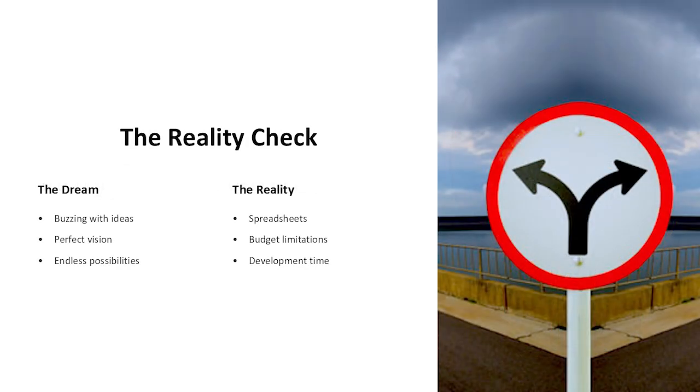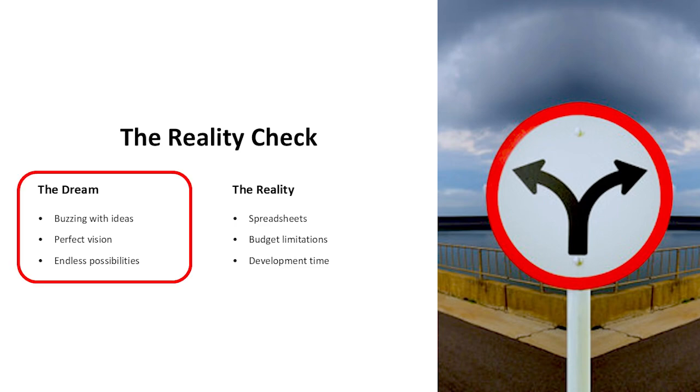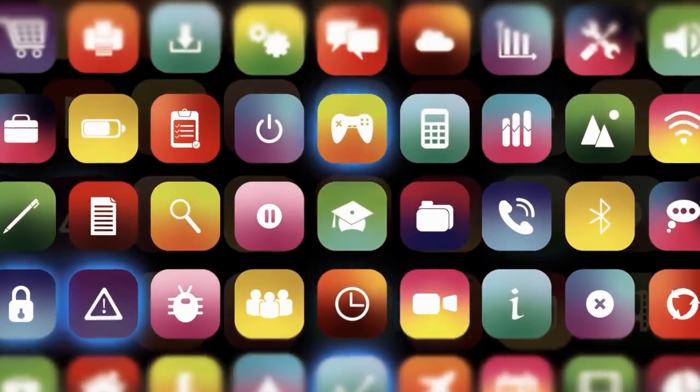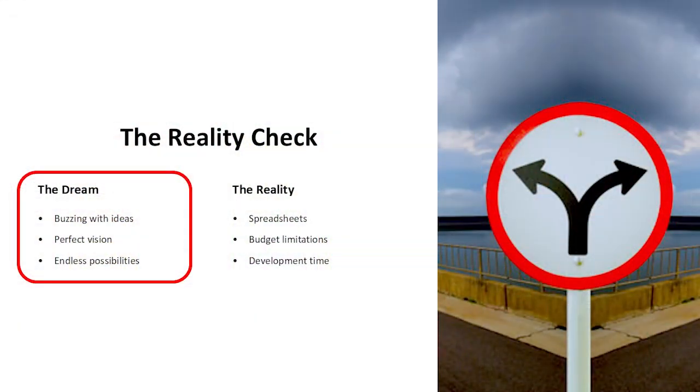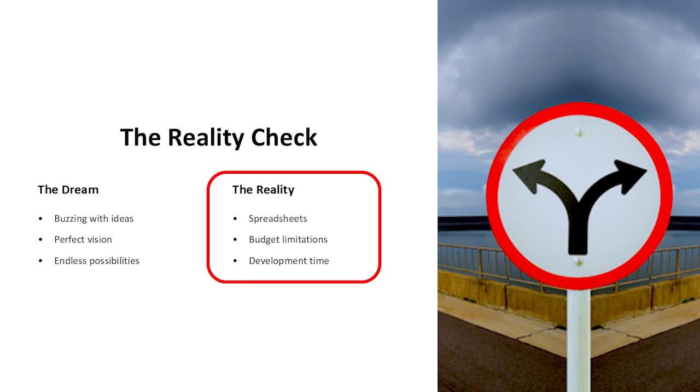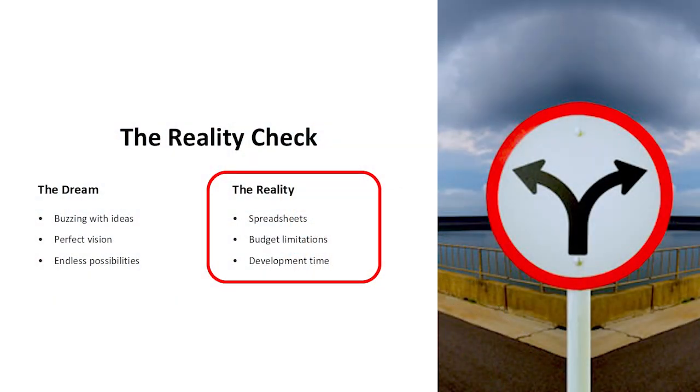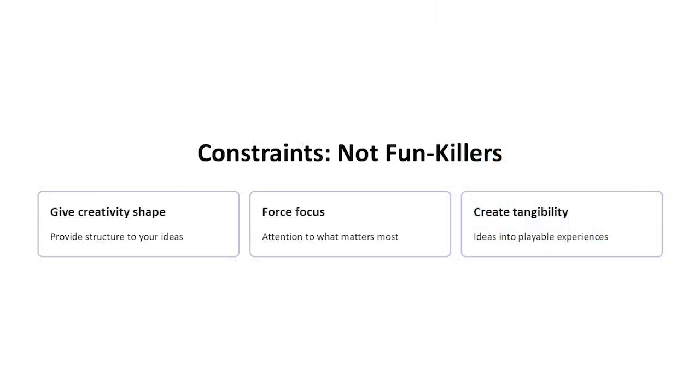Let's start with a quick scene. Picture this. You finally decided to make your first game. You're buzzing with ideas. Maybe it's a slick digital platformer or a cozy board game about running a tiny cafe, or maybe even a clever learning game for your classroom. You can see the art, the mechanics, the clever little rules, and then reality hits. Suddenly, you're knee-deep in spreadsheets. You're trying to figure out how many components you can realistically afford, or whether your target audience actually has the skills or interest to navigate that giant branching story you've built, or how many hours it would take to develop the intricate systems you've dreamed up. Does this sound familiar? That's where constraints come into the picture.